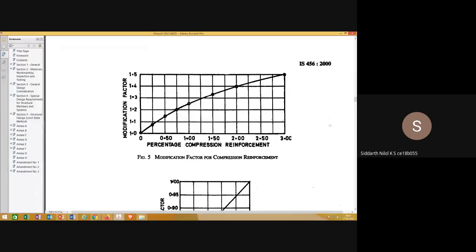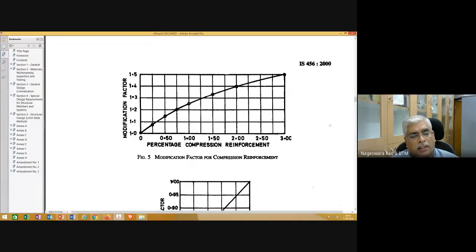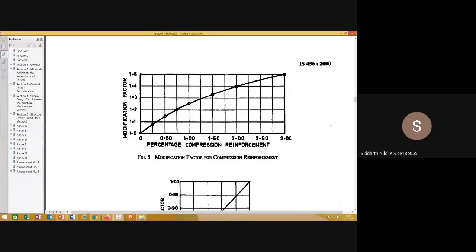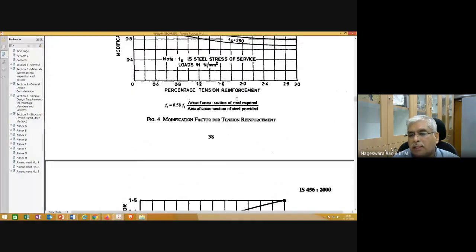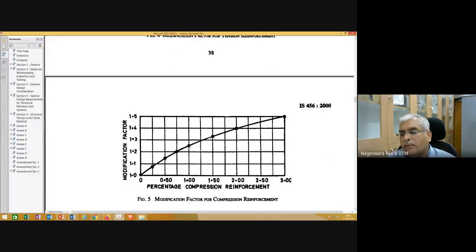$1.09. Okay, 1.09 is the modification factor. Yes, sir. So finally, the L by D limit as per code for this problem is going to be 20 times, what is that, 0.8 something somebody mentioned. What is the correction factor? 0.88 for tension reinforcement. And now for compression reinforcement, whatever modification you just mentioned, you multiply all this and get the L by D limit as per code. Final L by D limit, you tell me.